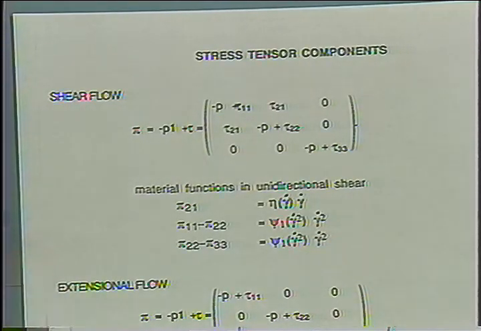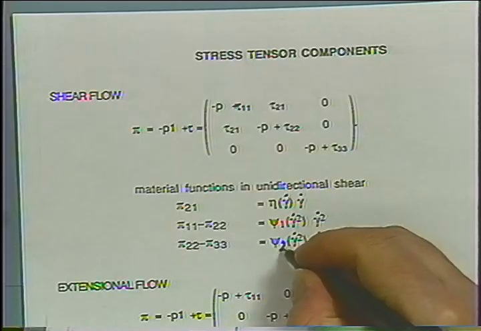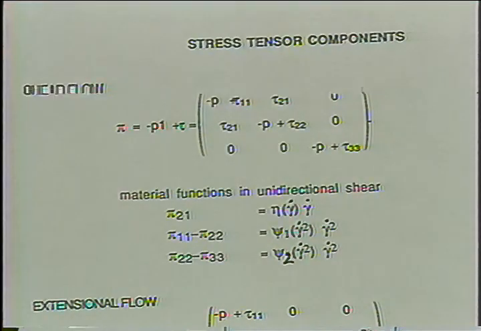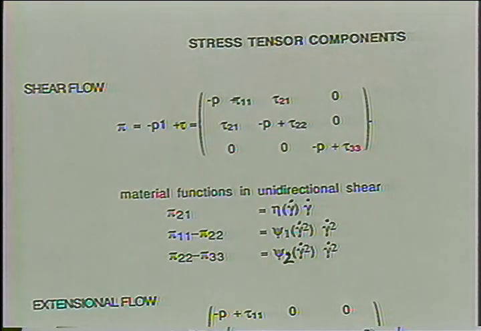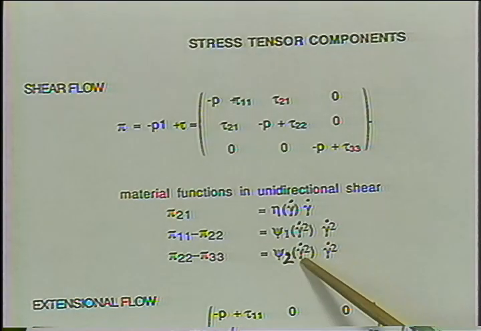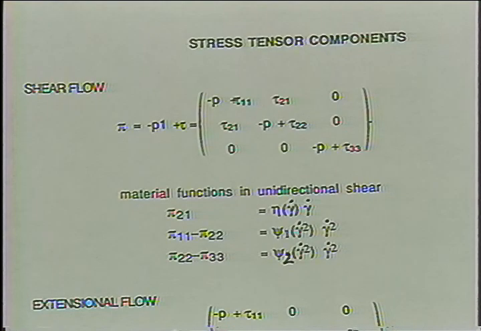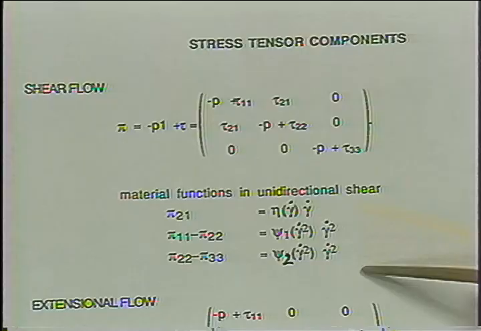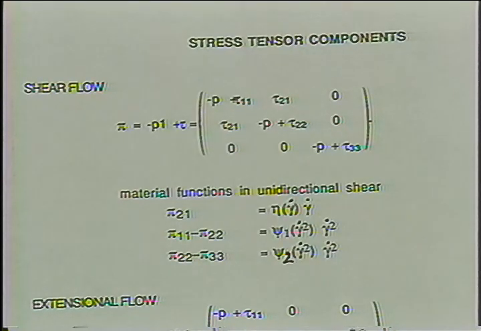Actually, this should be a 2 here. This is the second normal stress coefficient. And each of those coefficients depends on the square of the shear rate. It doesn't matter whether we are shearing forward or backward. The sign has no influence on that. So we have to discuss those functions in